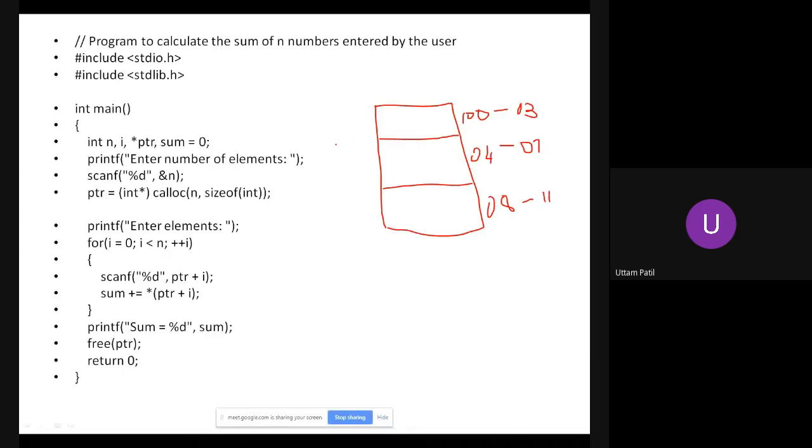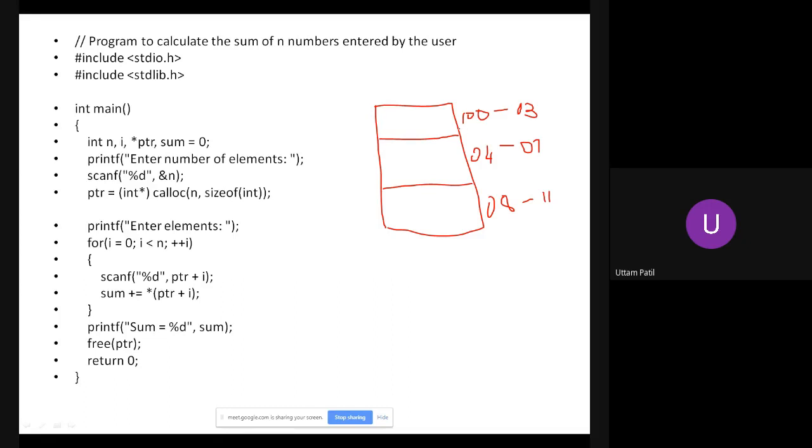So calloc allocates size of int, that is 4 bytes, times a block of 3. So this is the first element of the array, second element of the array, and the third element of the array. Or if you want, you can say zeroth element, first element, and the second element of the array. And calloc returns the first address to ptr.